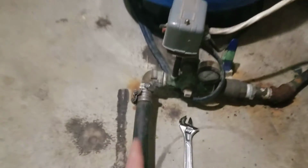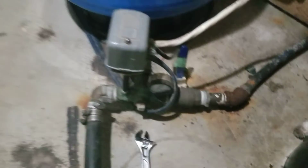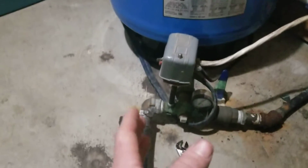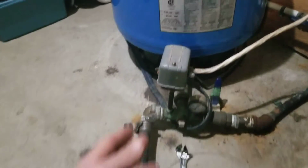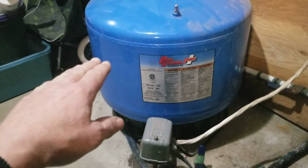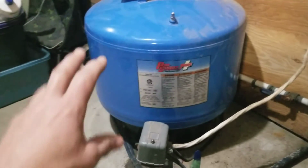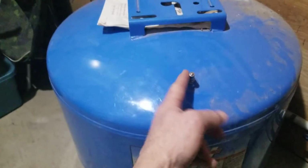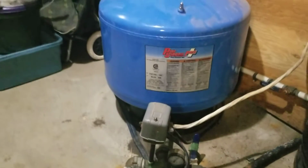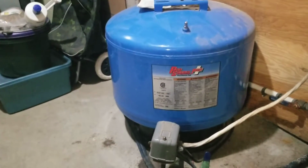Okay, so if the water line comes in here, water comes through the system and goes over to the house. In between the house and the well, you have your pressure tank, which almost always will have either air pressure in it or an air bladder in it. In this case, it's an air bladder, so you fill it up here. We put about 28 pounds, I think it's 2 pounds less than the cut-in pressure of your